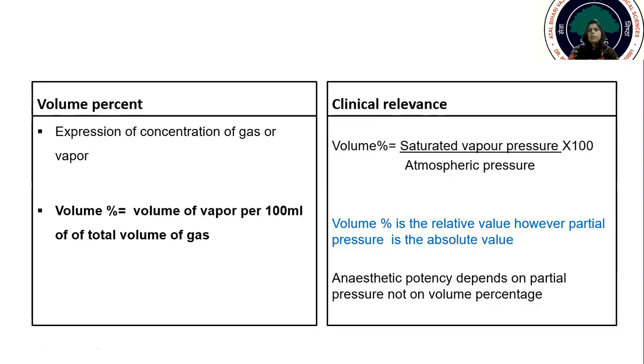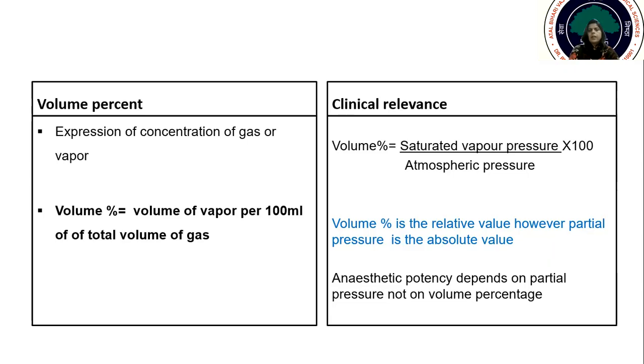Like if you have to calculate volume percentage, for example, let's take desflurane. It has saturated vapor pressure of 669 and atmospheric pressure here will be 760 millimeter of mercury, into 100. It will approximately come around 88%. Just imagine if you will deliver this amount of desflurane to the patient, it will be fatal because MAC is only 6. That is why there is need of vaporizer which can provide safe and controlled delivery of the anesthetic